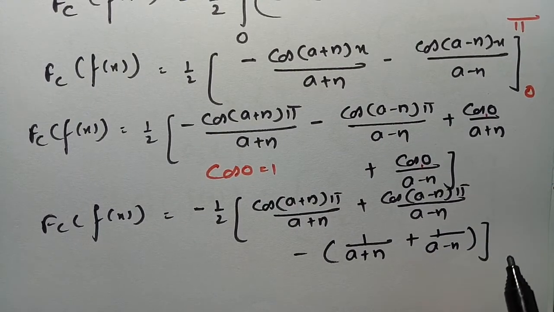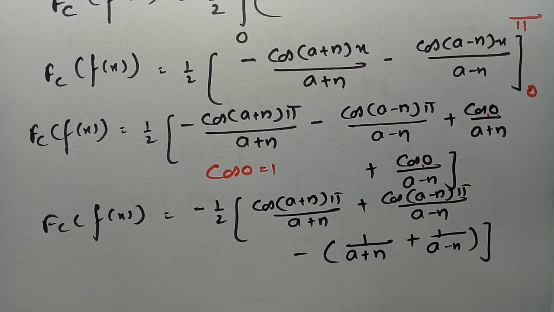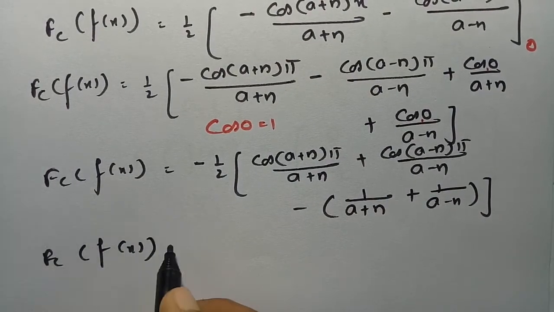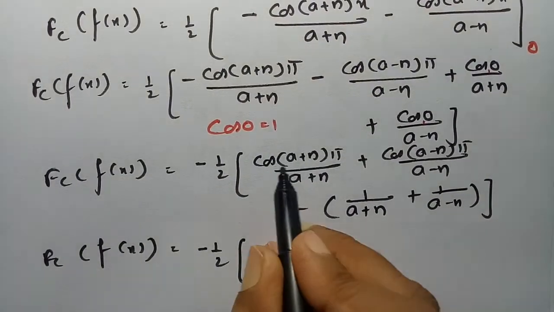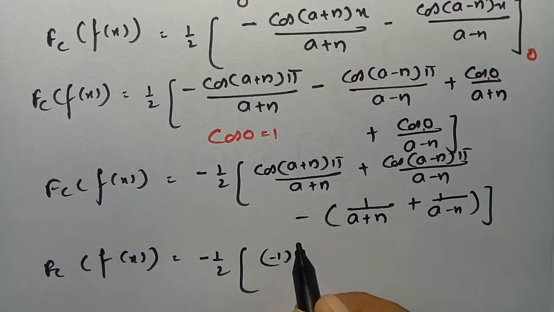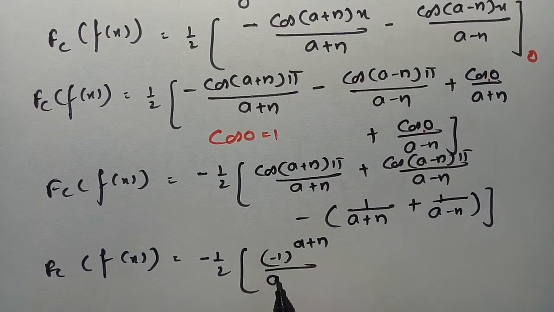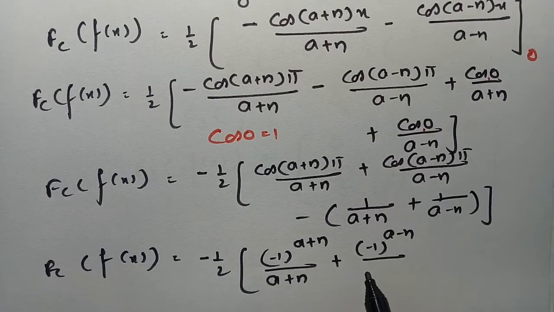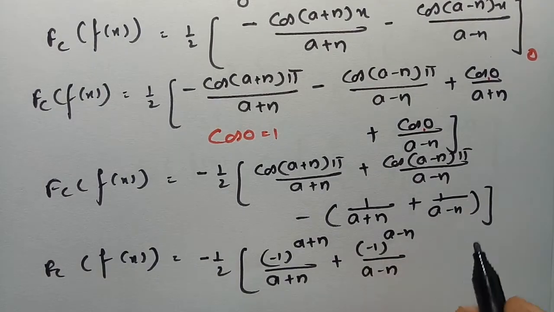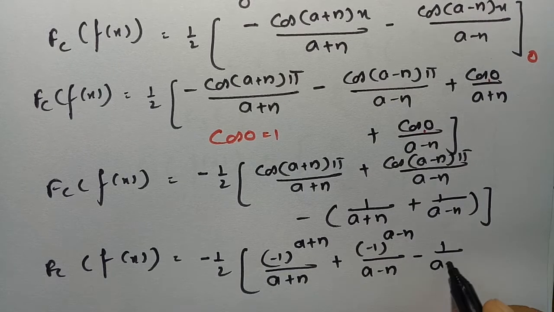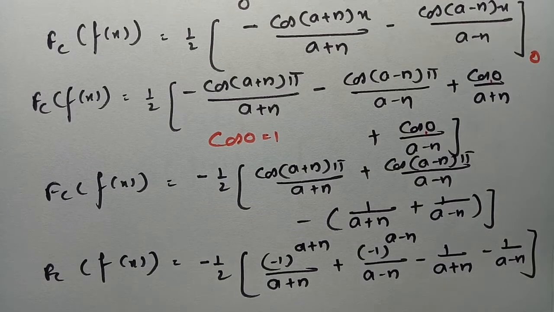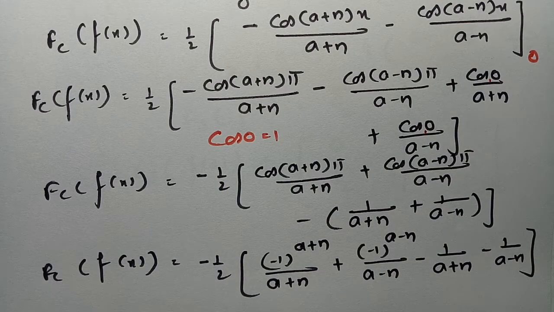So later what we have to do, the Fourier cosine transformation of the function can be written as minus half times of (minus 1) power (a plus n) by (a plus n) plus (minus 1) power (a minus n) by (a minus n), and here this is also minus 1 by (a plus n) minus 1 by (a minus n). So if you observe a small trick here, if a plus n is an even number,